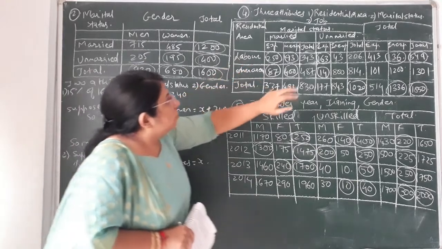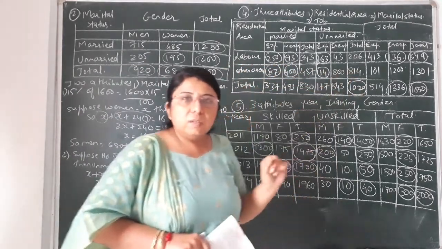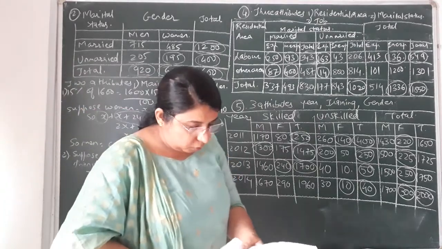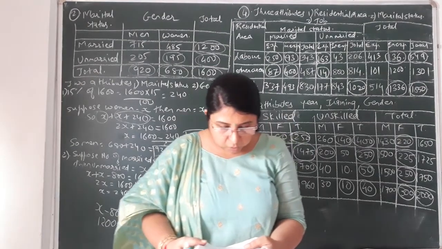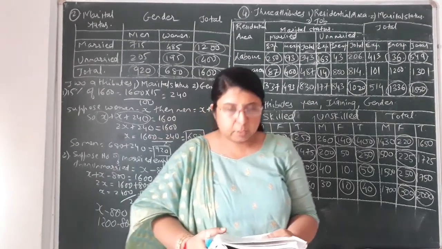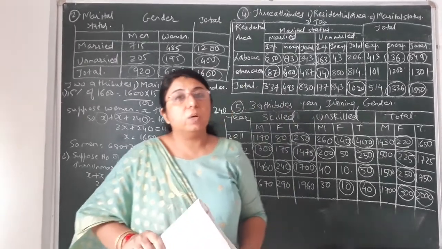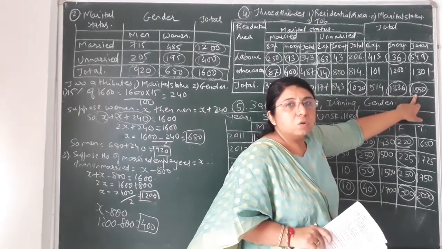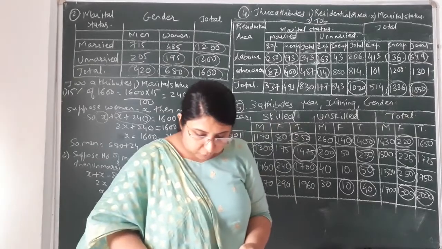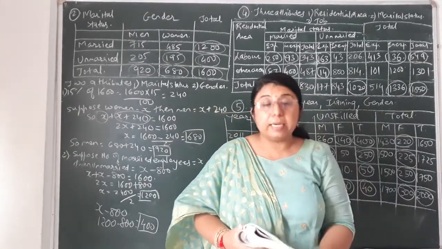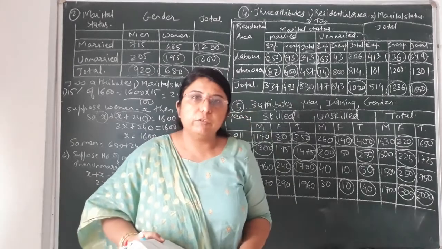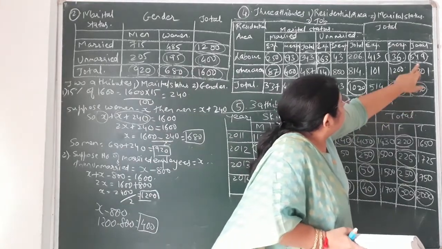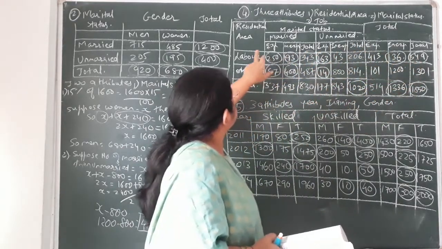Now you can see the circles I have made over here. Whatever circles have been made, it means that value has been given to you in the question. Now let us read the question. First line, out of total 1850 women working in a factory. Total how many women are working in the factory? That is 1850. So you can see I have written in the total box 1850. Then afterwards 549 were residing in labor area. Out of that 1850, 549 were residing in labor area. So you can see in the total, 549 is the total number of employees that were residing